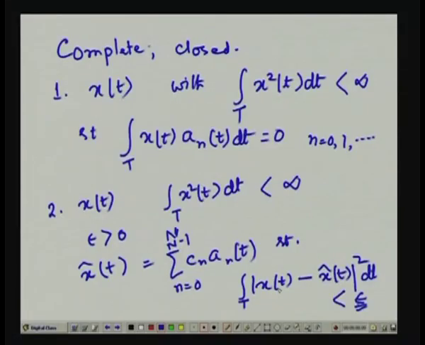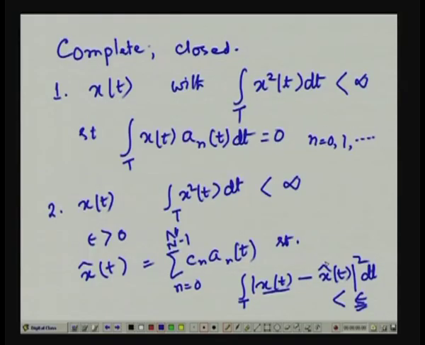So, you find that x(t) is the original signal, and x hat(t)... in the earlier case we have seen that if we go for infinite expansion, then x(t) can be represented exactly. Now, what we are doing is we are going for a truncated expansion. We are not going to take all the infinite number of terms, but only capital N number of terms. So, obviously, x(t) is not being represented exactly, but what we are going to have is